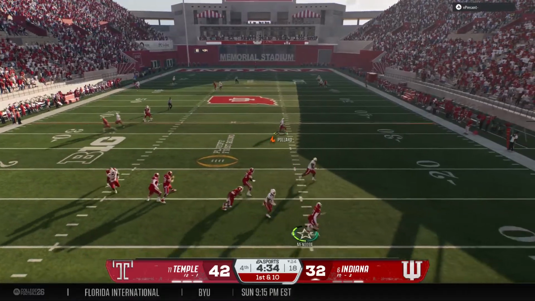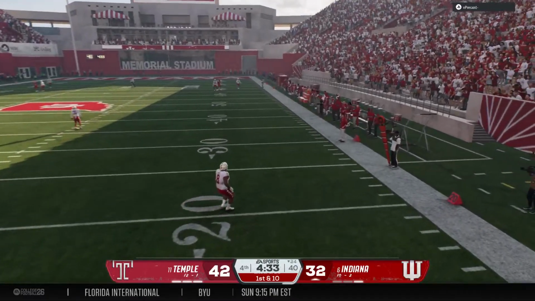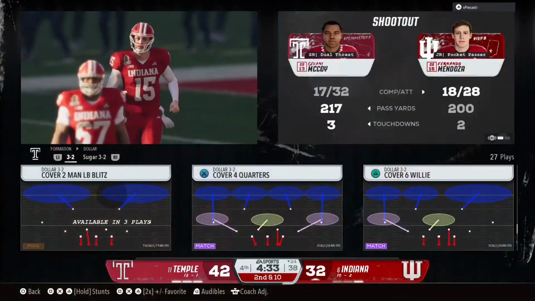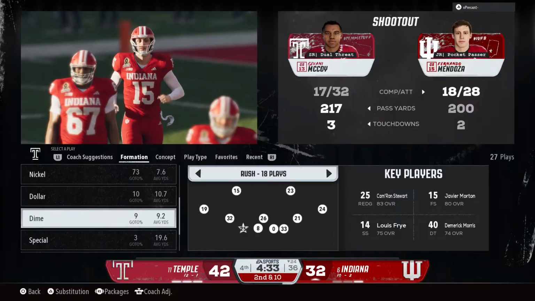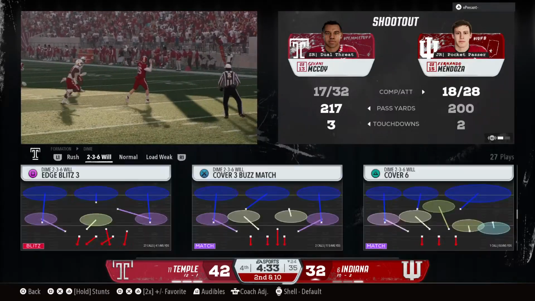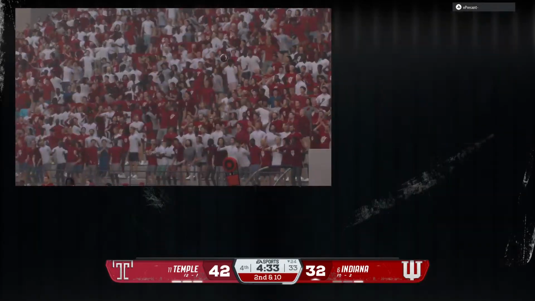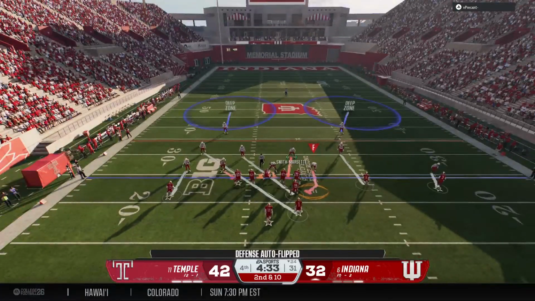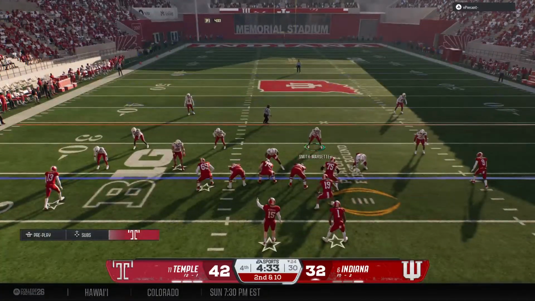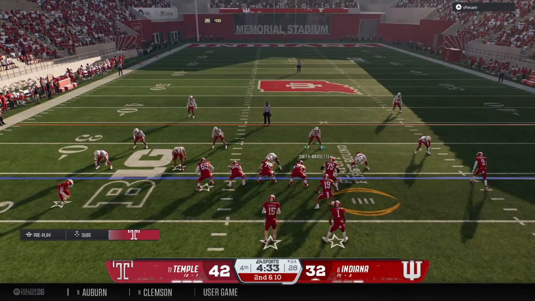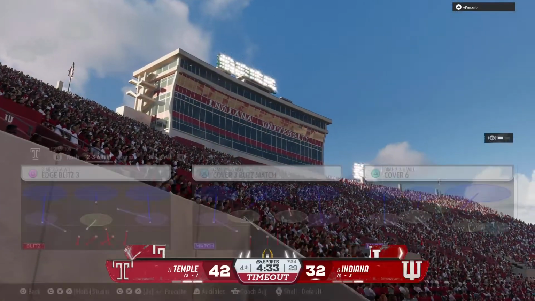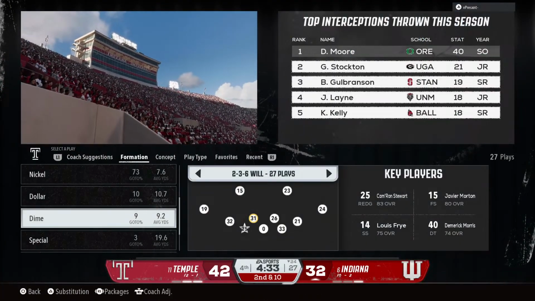Bringing pressure. And he just throws it away. Man, the defense took everything away from him. What do you expect him to do? He can't force the ball into traffic and potentially throw the interception. Does a good job of getting out of the pocket, away from the pressure, just throw the ball away, see what happens on this next down. Timeout is called by the defense. That's their first of the half.